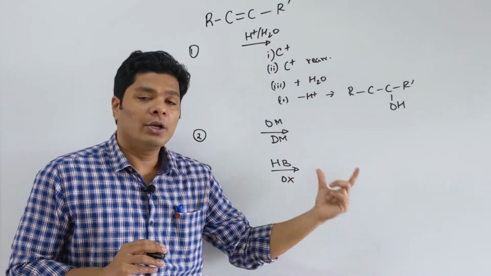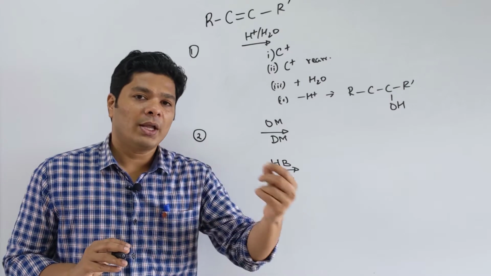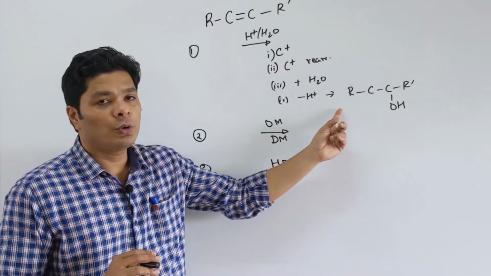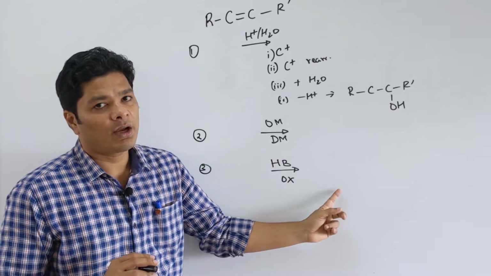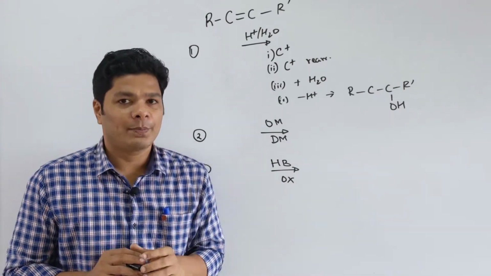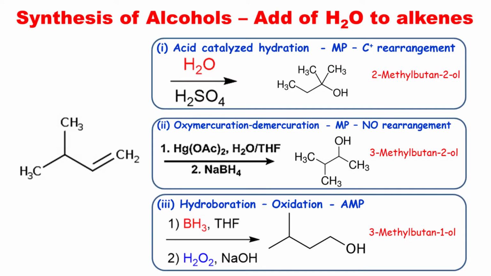Now in these three, you want to remember the corresponding alcohol that you get. It is going to be dependent on whether you are going to go through Markovnikov rearrangement or no Markovnikov, anti-Markovnikov product. You want to remember them because they do answer different types of tests. Here is a brief recap of all these three with the corresponding examples. I have shown you here very clearly the acid catalyzed hydration with the carbocation rearrangement and the corresponding product, and also oxymercuration, demercuration gives you the corresponding alcohol, that is Markovnikov addition, and the last one is hydroboration oxidation.